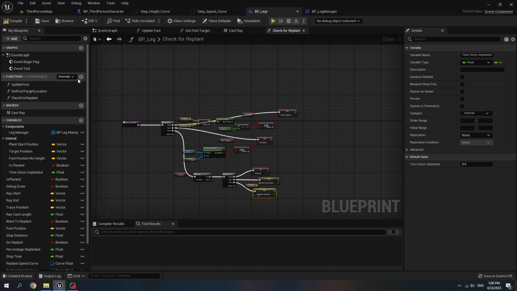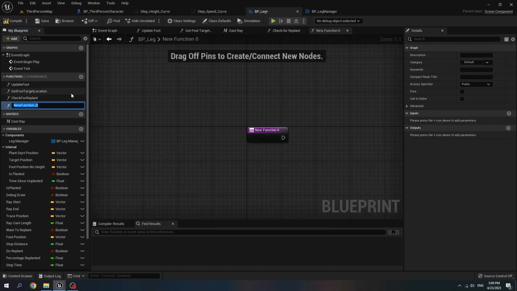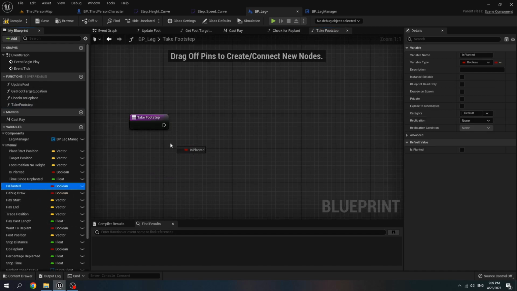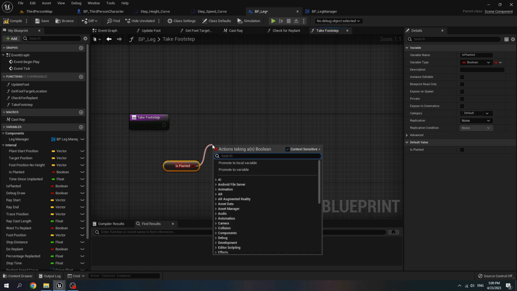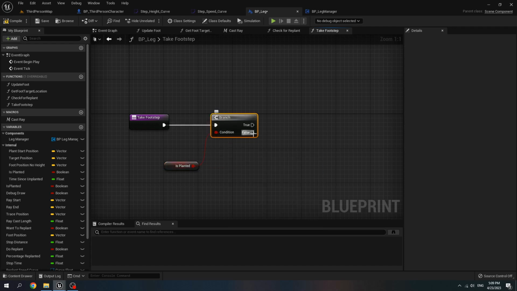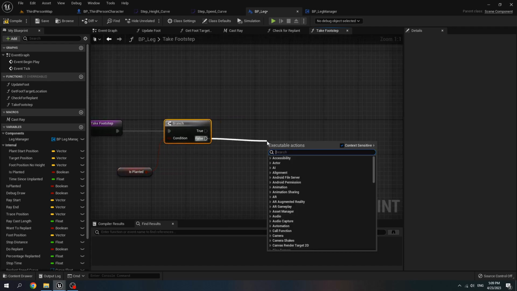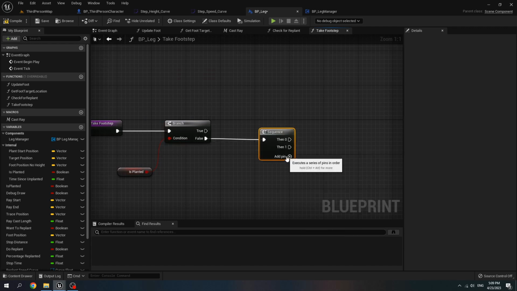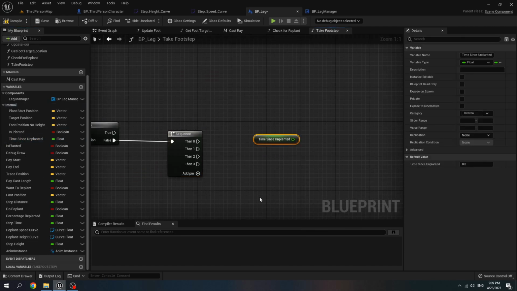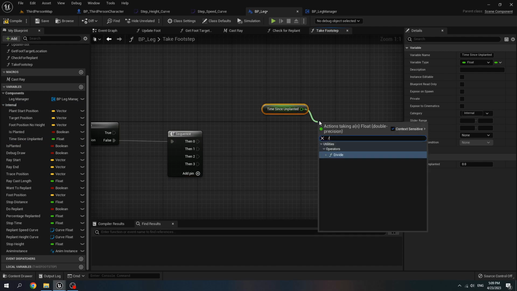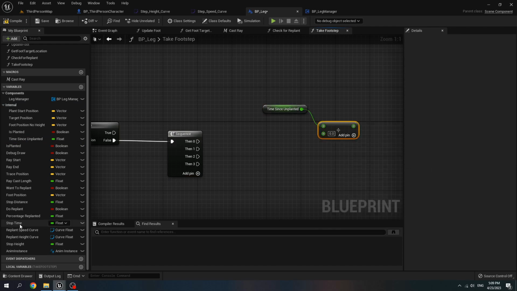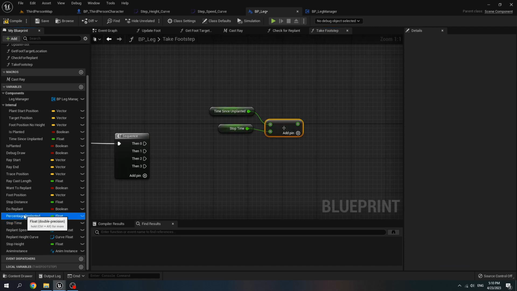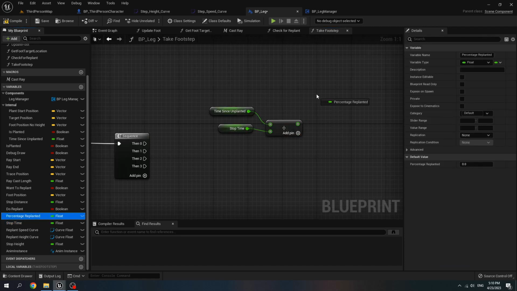Add new function, name it take footstep. Get is planted, create a branch. If it's false, create a sequence. Add pin, get time since and planted, divide it with stop time, then set percentage replanted.